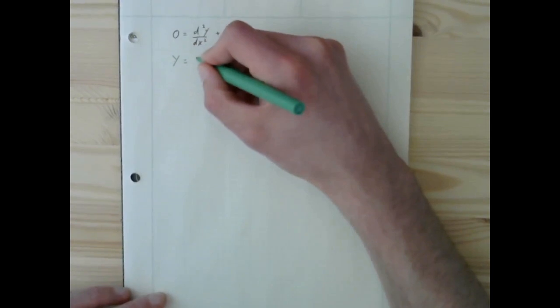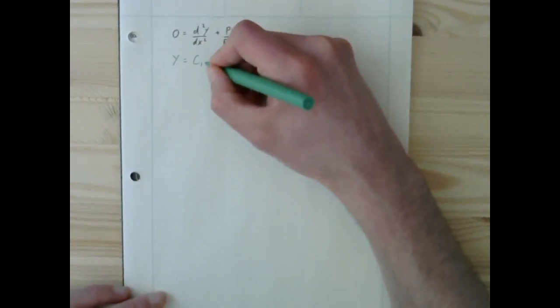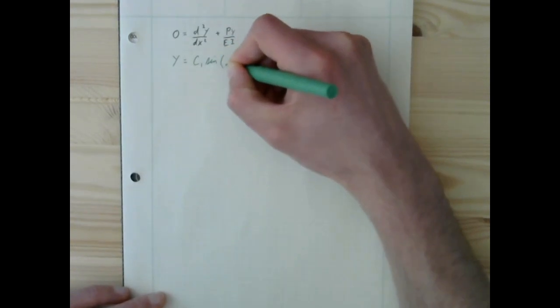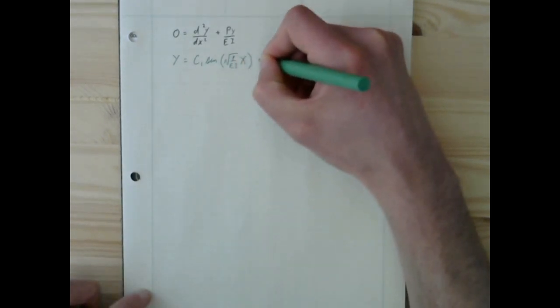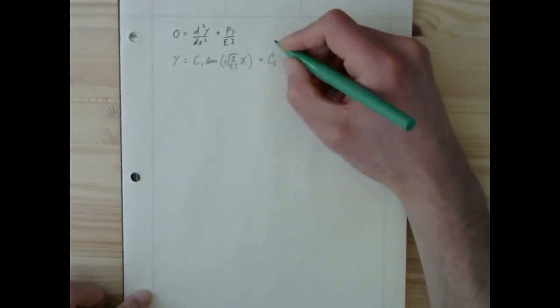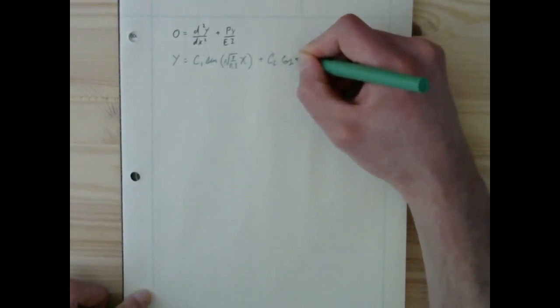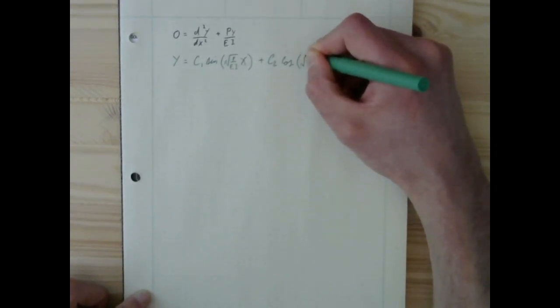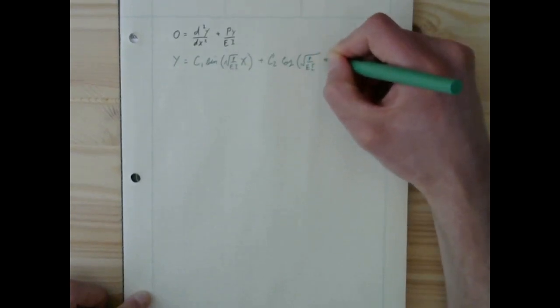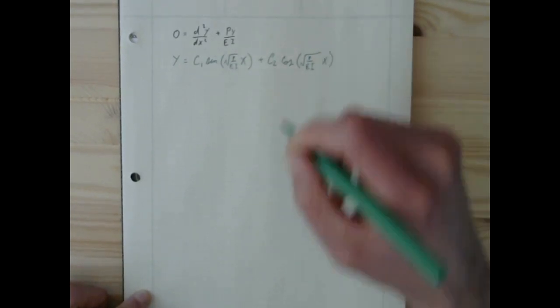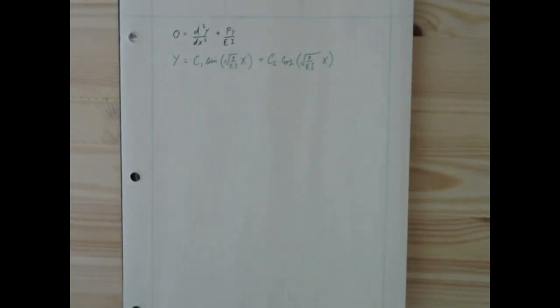which is that y is equal to c1 sine of the square root of P over EI x, plus some constant c2 times the cosine. You don't have to use that so much. What we're going to look at mostly, or indeed in this case at all, is